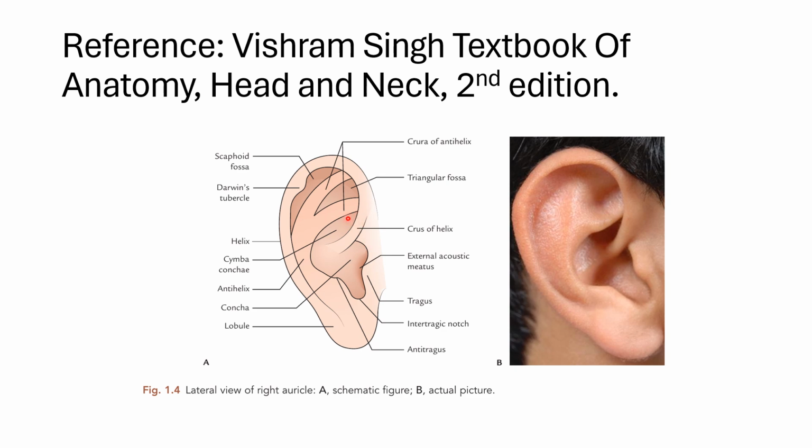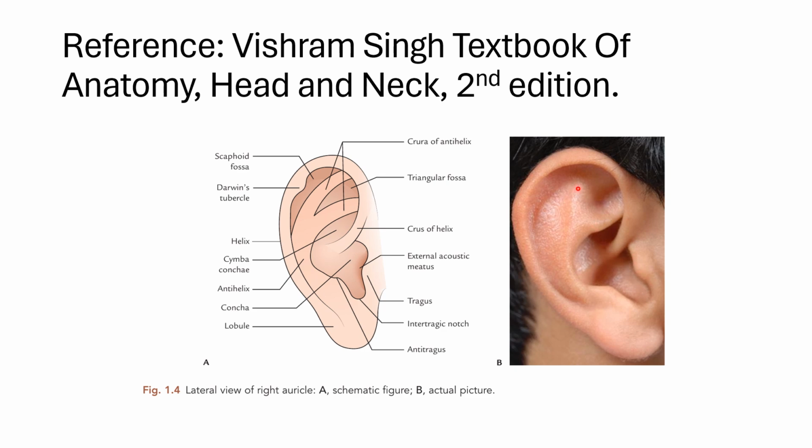Here you can see the ear, a lateral view of the ear. Now this is very important to understand. This is the lobe. This is the ear auricle. This is the auricle, this is the lobe. Now this fleshy part in front of the ear is called the tragus. In front of this tragus is a very important point where there is a pulsation of a specific artery. So remember this point.